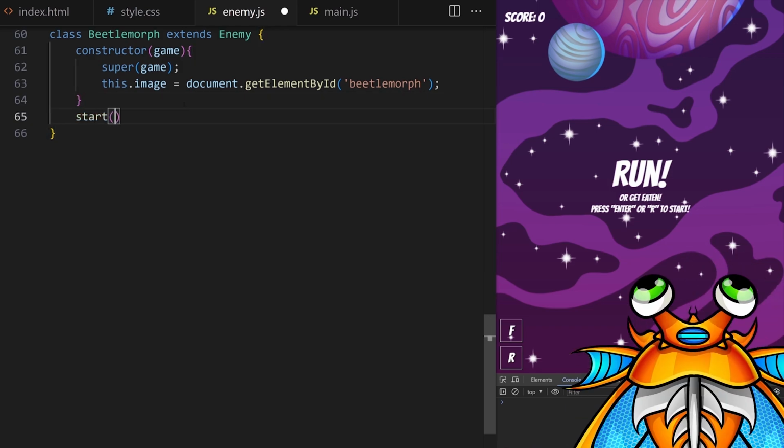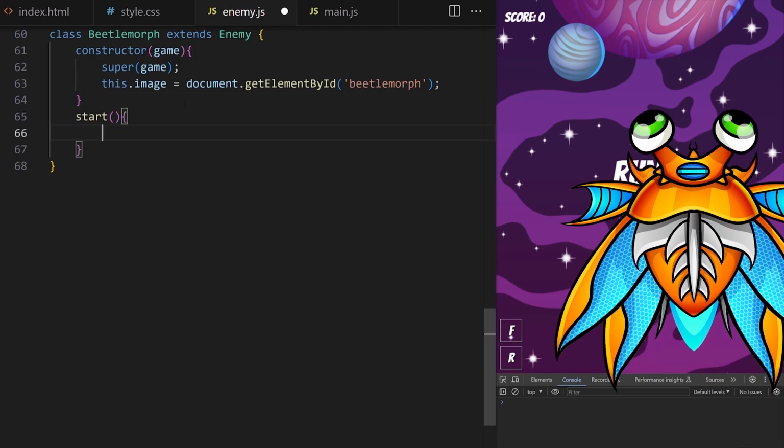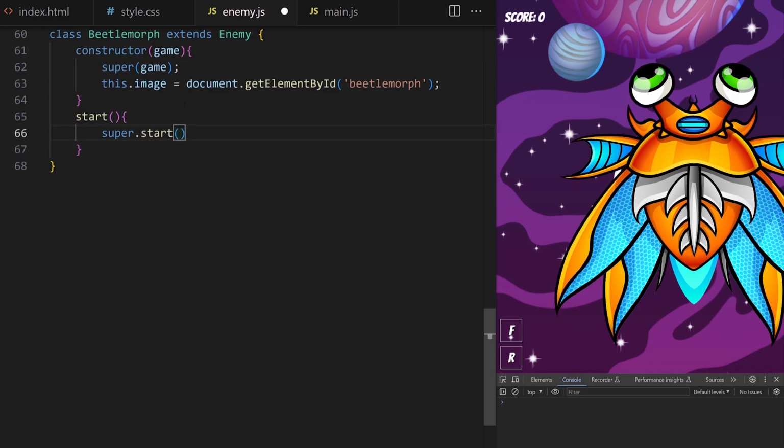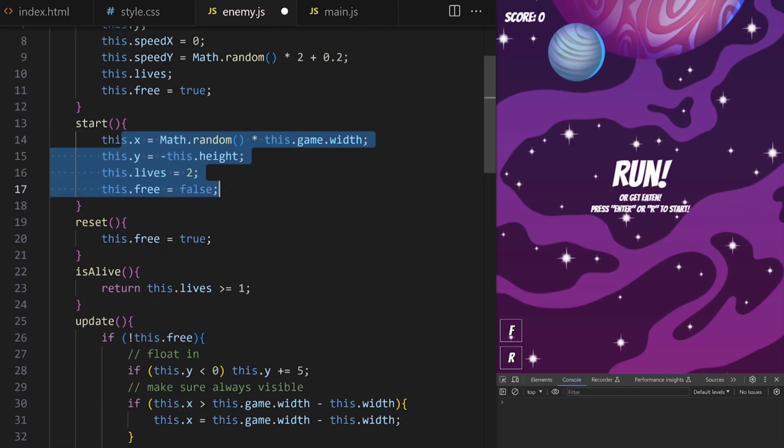It will also need its own start method. First, we will call the start method on the parent enemy class, on the superclass, like this. When we call start method on Beetlemorph enemy, it will first run all the code inside this parent start method